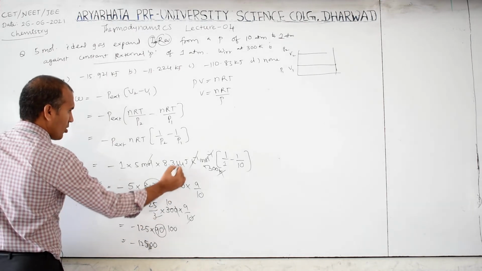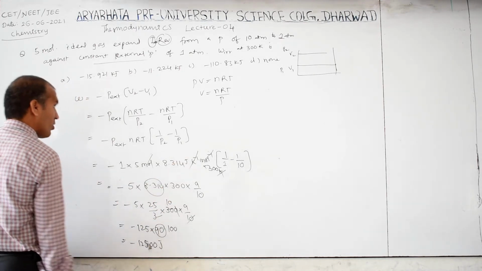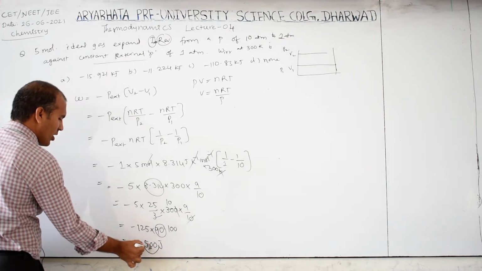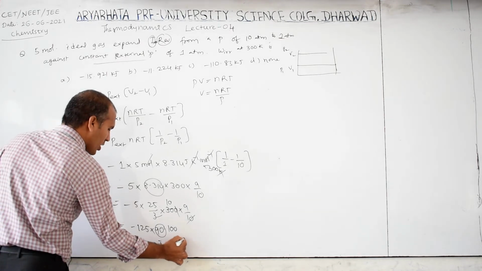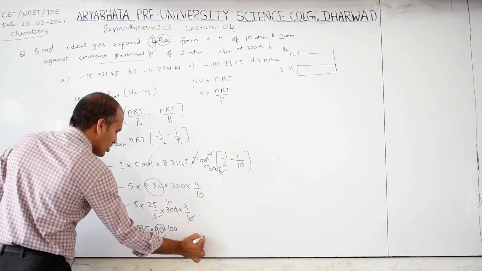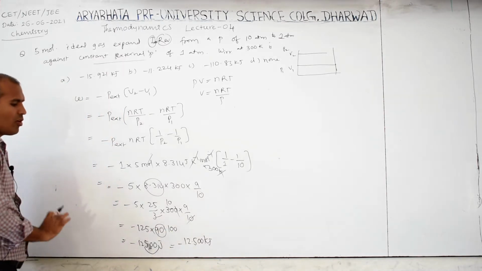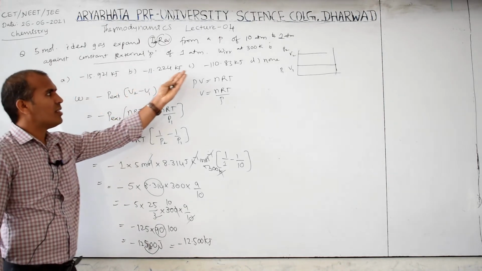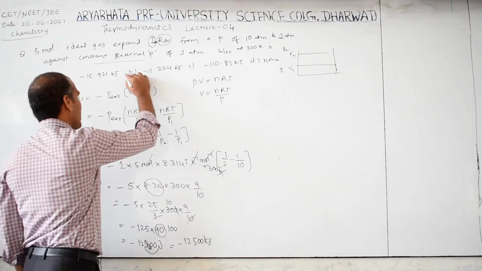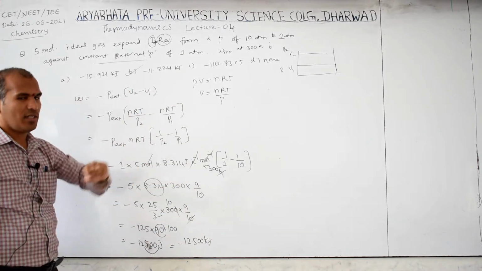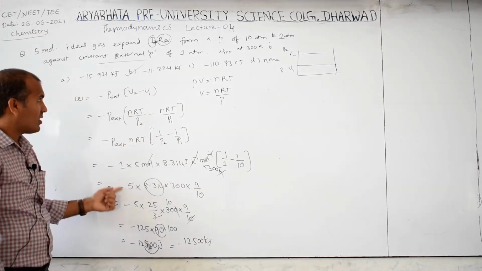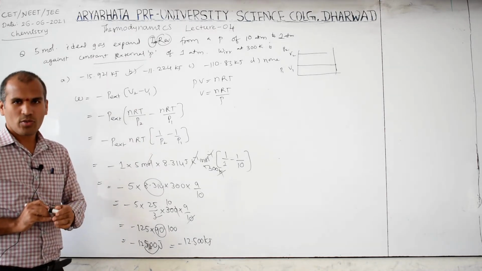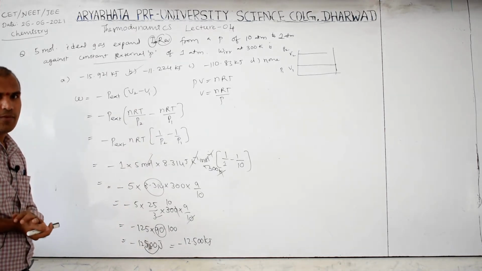This is in joules, because only joule is left here, but the answers are in kilojoules. The point is shifted to here, then what you can write, this is minus 12,500 kilojoule. So 12.5 kilojoule is there, and this 110 is none. The answer is near to this one. I calculated roughly, you will get the exact answer by exact calculation, but this rough calculation you should know how to do.